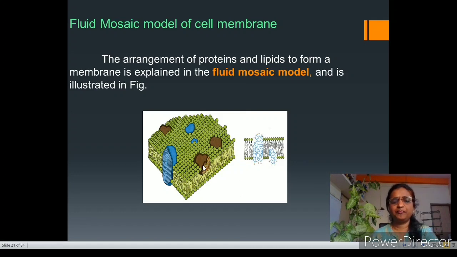Suppose they are enzymes. The cell uses that enzyme and they are found to be replacing their site. After their use, they get deposited on another site, and that's why this structure is found to be moving. These lateral proteins change their places, and that's why it is found to be moving like a mosaic, and that word is mosaic. So that structure is fluid mosaic, which explains the property of the cell membrane, and that is the best model up till now to explain the cell membrane. So this is the type of arrangement of phospholipid and protein in the cell membrane.